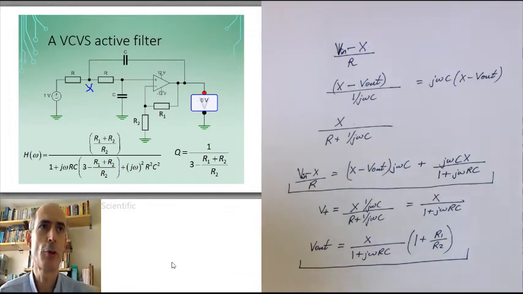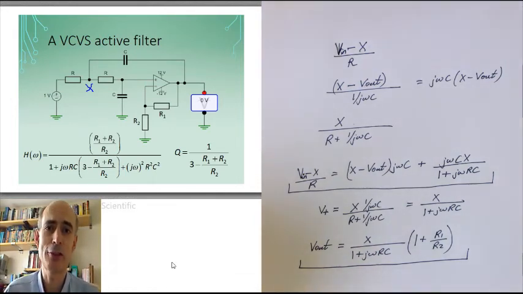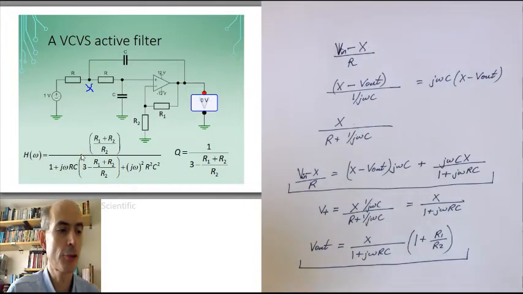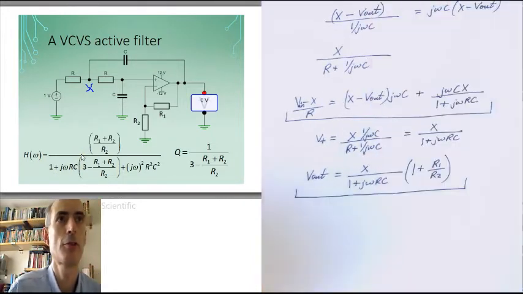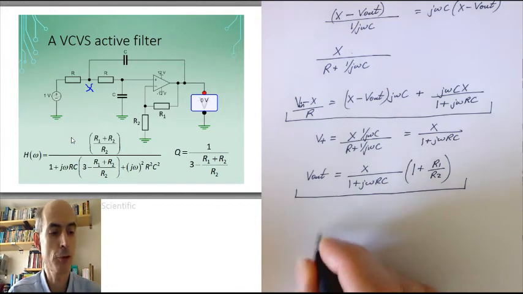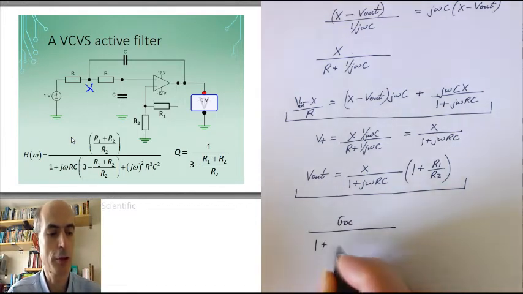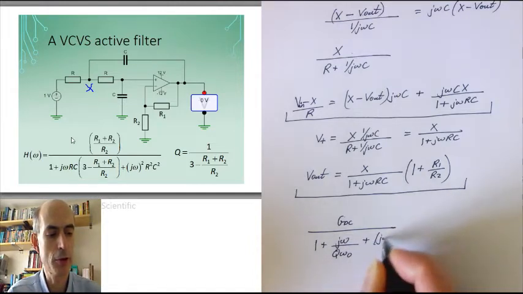I won't bother to go through all the rest of the algebra. It gets a bit tiresome. For details, have a look at the short introductions if you really need to know. But the result that you get is this for the frequency response. And if you compare this to the standard form of a second order frequency response, the gain at DC over 1 plus j omega over Q omega naught plus j omega squared over omega naught squared,